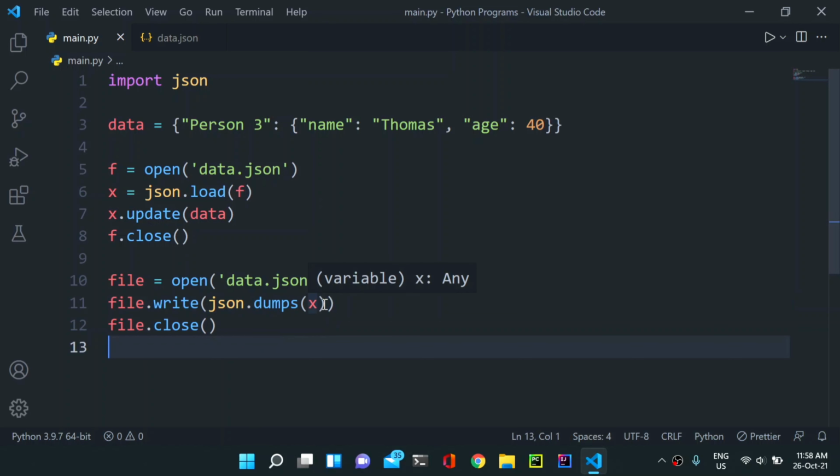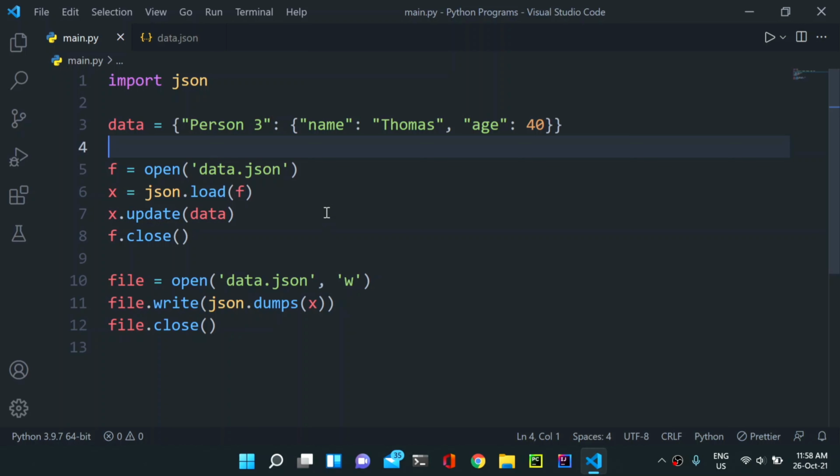And that's why we were seeing that error. But as soon as we have the data in that file, and then we update this data with our x.update, then our error was solved. So simply think of it like this: if you don't have any data and still you are trying to update. Okay, if you don't have an operating system, then what will you update? You will not update anything, you will simply add something. So that was basically the error that was coming there. So this was something that we needed to learn about this JSON.